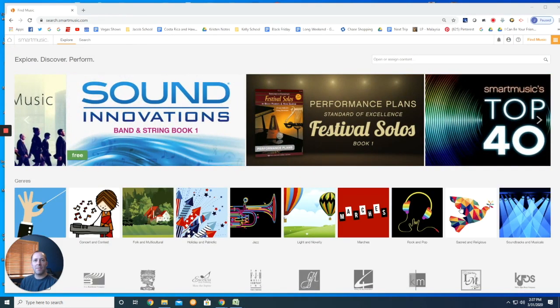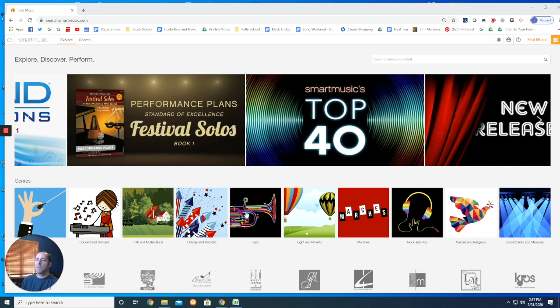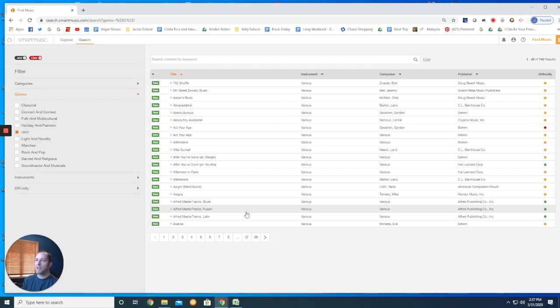Jazz ensemble students can have a lot of fun exploring the different tunes in SmartMusic. If you click on Jazz right in the center of your screen, it pulls up the entire jazz library, which is over 38 pages long. I'm just going to show you a couple of my favorites. First one is Cold Duck